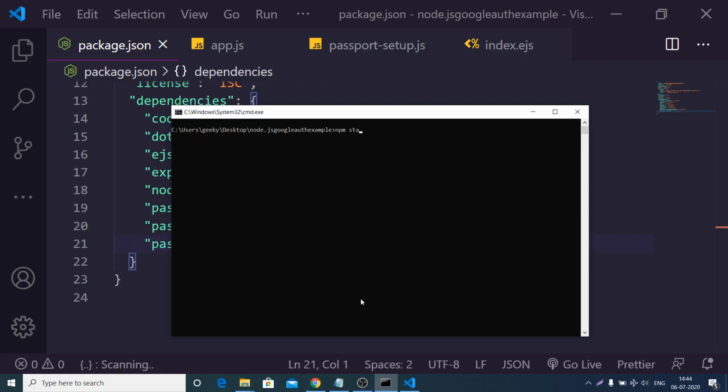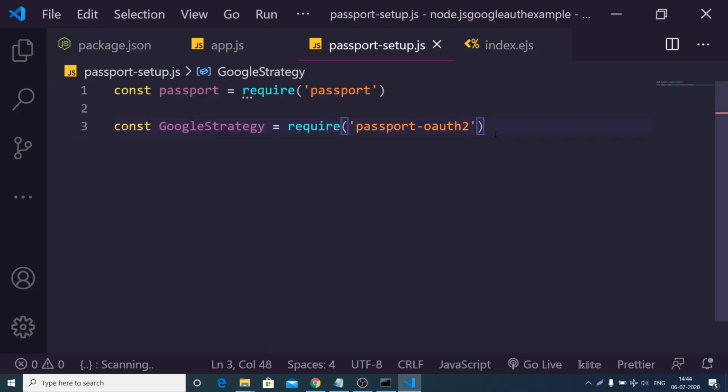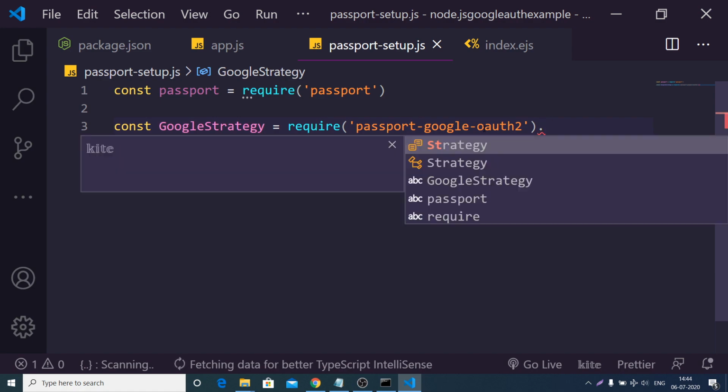Let me start the server once again by executing the command npm start. Here we need to import it first of all by requiring it, passport-google-oauth2, and inside this we have the strategy, which is .Strategy.